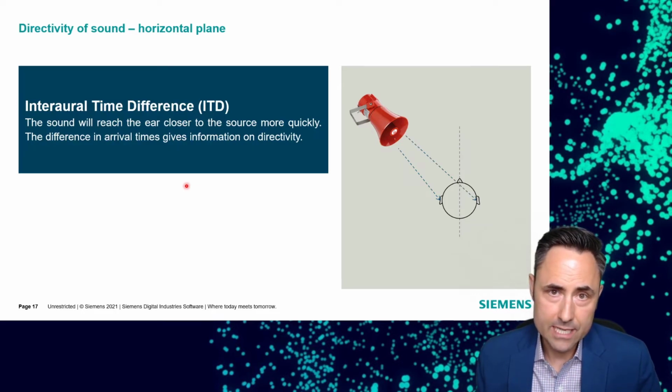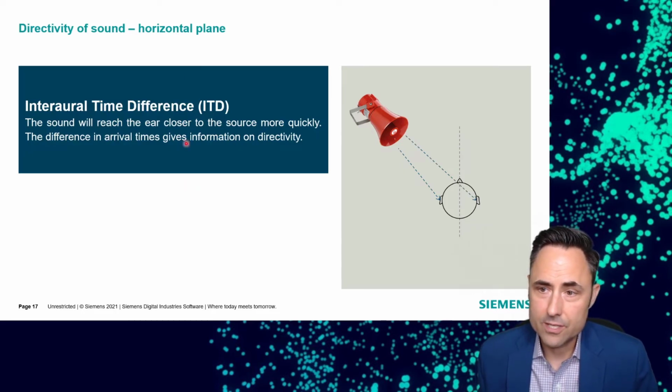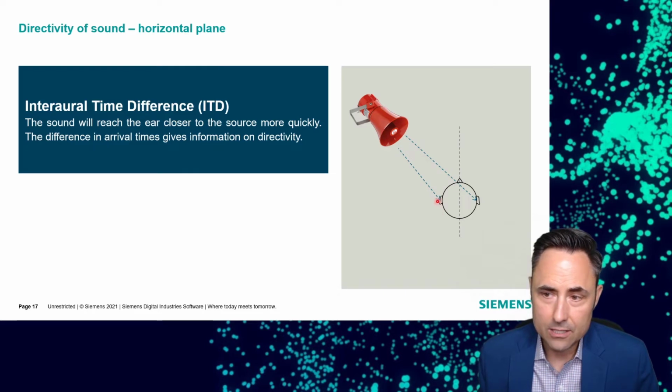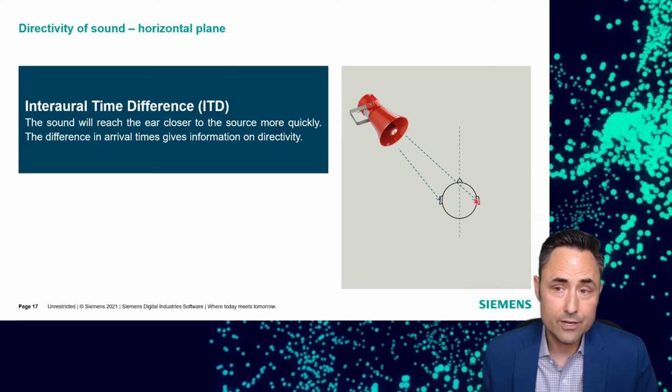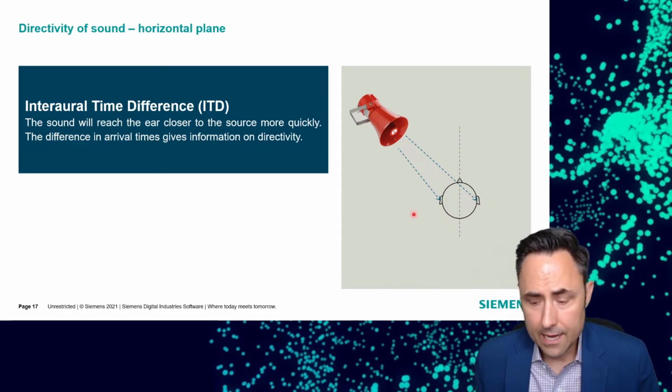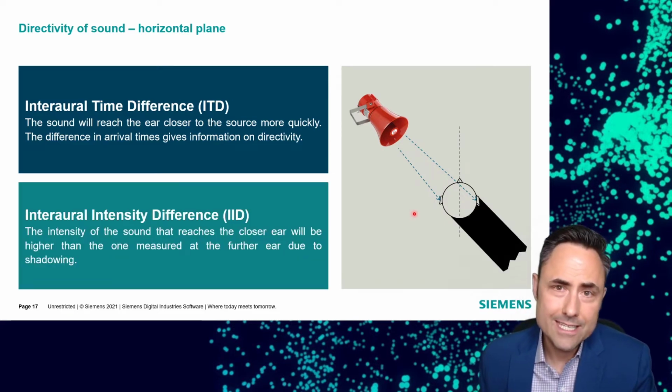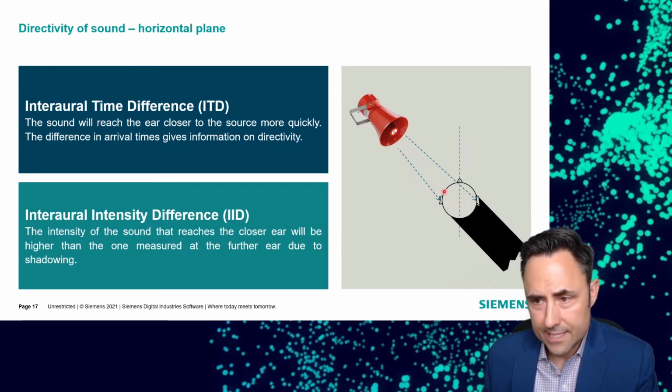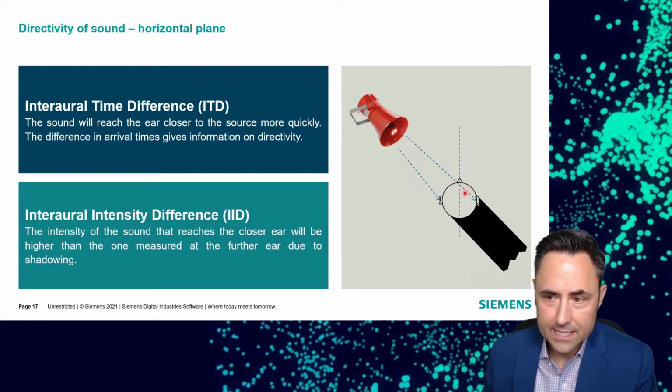There's something known as the interaural time difference, where the sound is going to hit, in this case, the left ear before it has time to go all the way around to reach the right ear. Our brain can tell this very small difference in arrival time and tells us it's off to our left. And there's also the interaural intensity difference, where because this ear is closer and it's not shadowed, as we'd say, by the face at all, like the right ear is, we'll get an intensity or level difference between our ears.